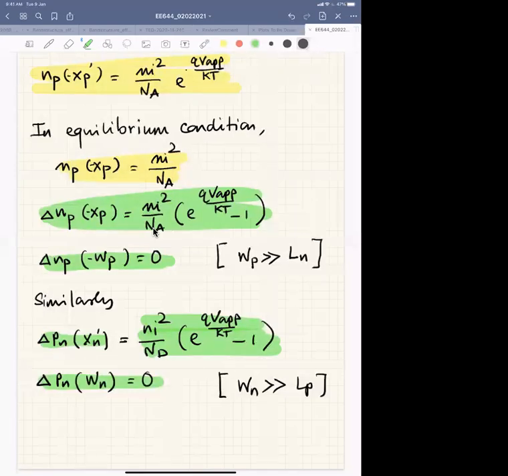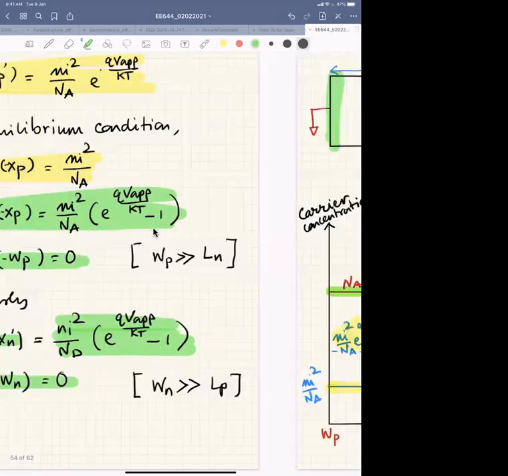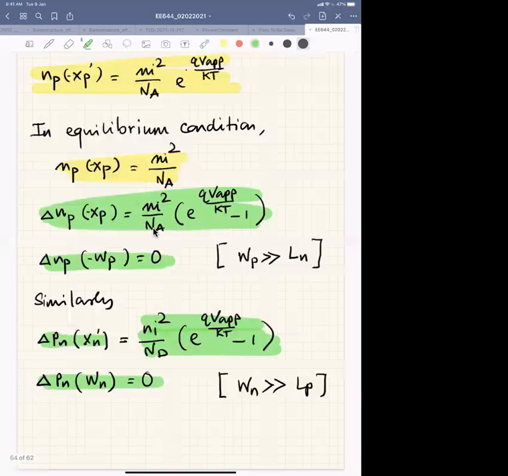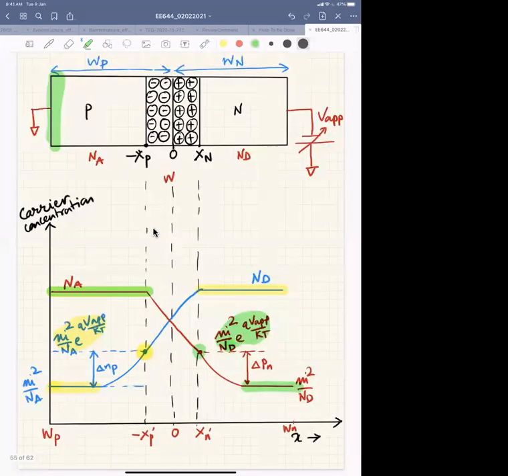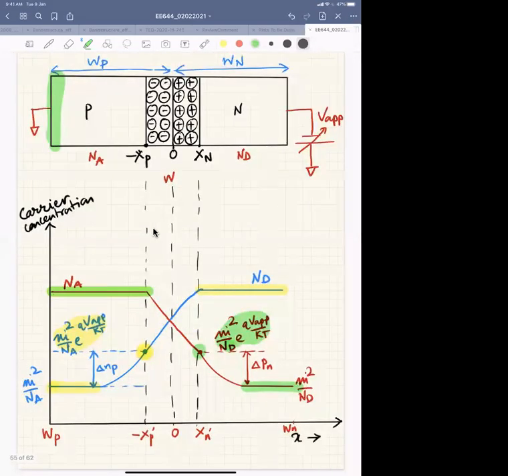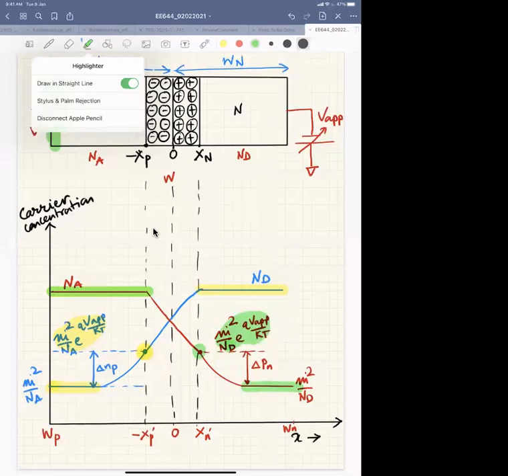So these are the conditions I could write down, because the holes will be injected, and the excess minority holes in the n side will be Ni square by Nd times e to the power qV by kT minus 1, right? So basically these minority carriers will go to 0, so I could draw it like this,